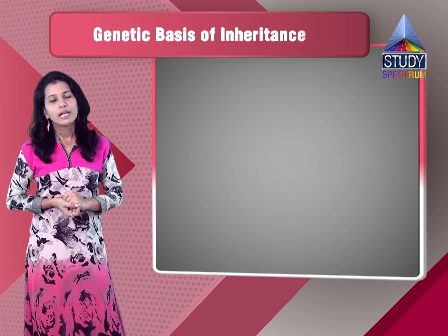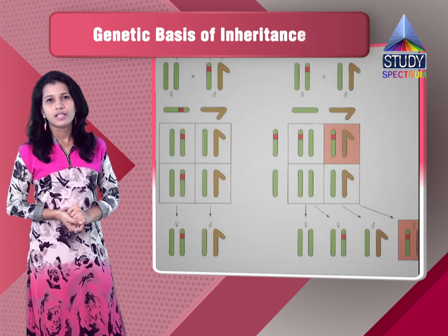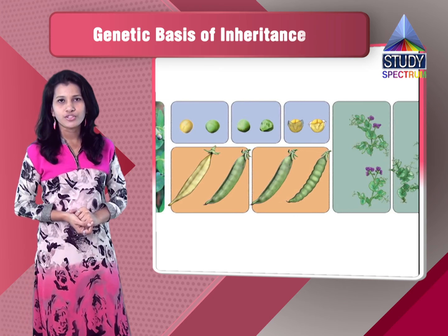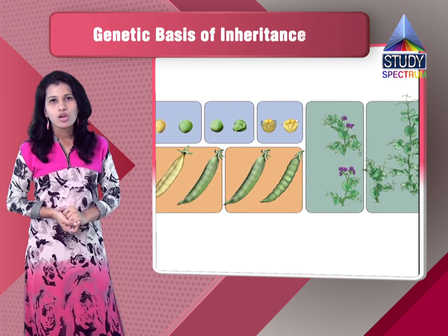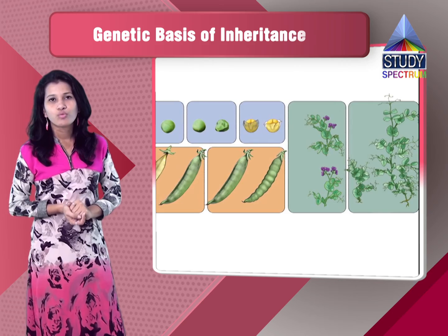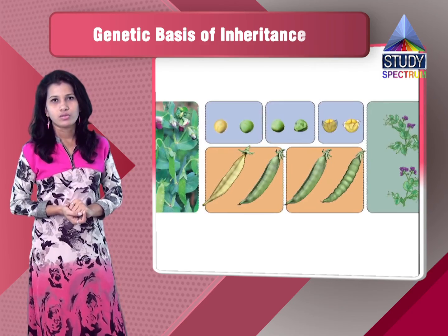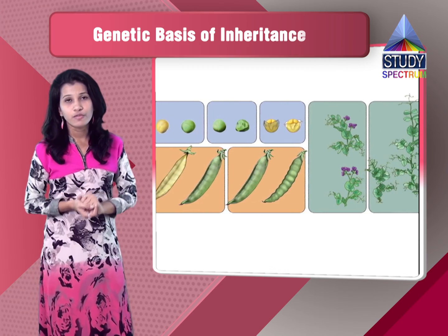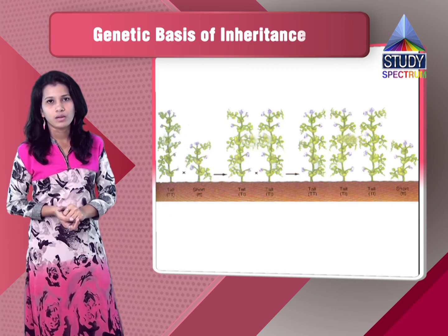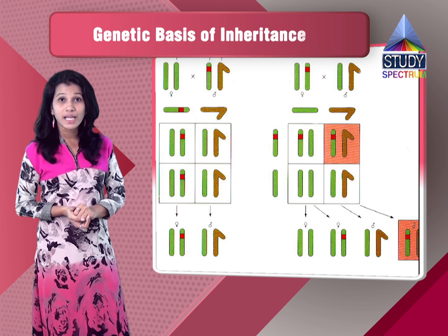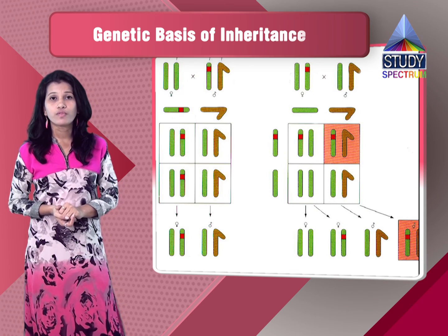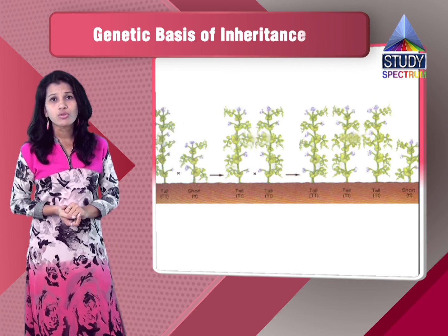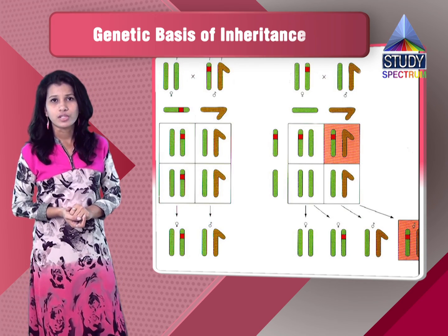So the next question that we will see in this chapter is: a test cross is a back cross, but a back cross is not always a test cross. Explain why. First of all, to solve this answer, we should know what a test cross and a back cross are. A test cross is a cross between the F1 generation and the recessive parent. That would be the test cross to test the genotypes of the F1 generation. Using a test cross, we can predict the genotypes of the F1 generation.